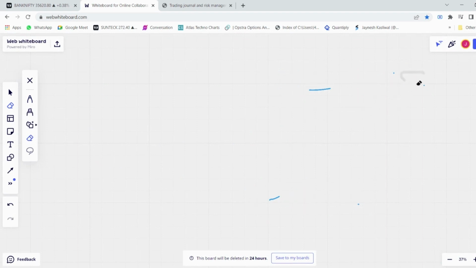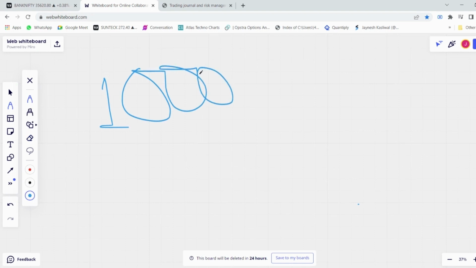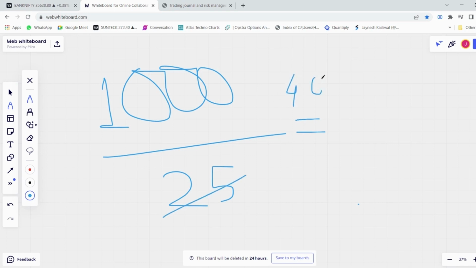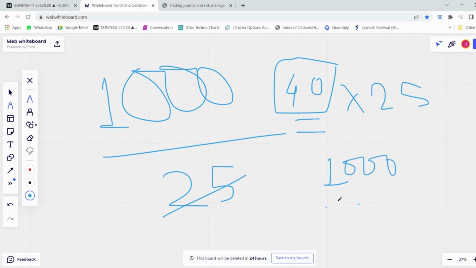And the second thing, what is the total risk that we are taking in that particular script? In our scenario, we are willing to lose maximum 1000 rupees in that trade, and we are going to lose 25 rupees per stock if we lose money in that. Now this is the total quantity that we should be buying of that particular script. That comes at around 40. Now if we buy 40 quantity of that stock, we are going to lose 40 into 25, that is 1000 rupees maximum in any case, right?